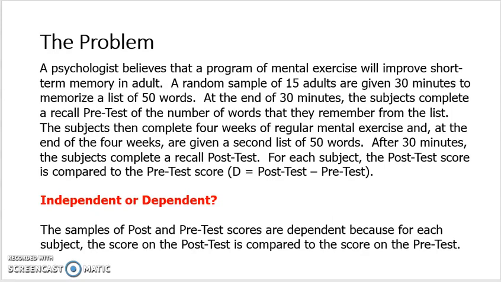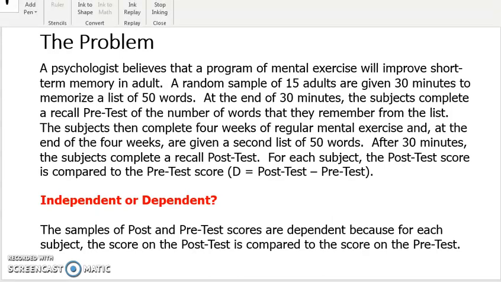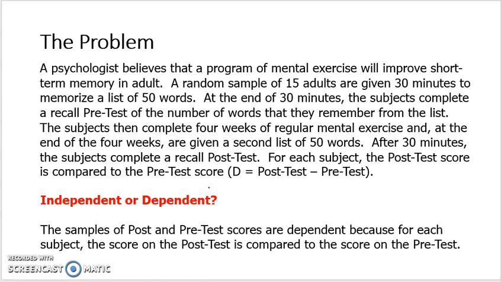The first question you need to ask yourself is, what type of samples are these? We've got a set of post-test scores, a set of pre-test scores, 15 of each. Okay, what are these samples? These are dependent samples. And why are they dependent? Let me get my pen going. It's given to you in the very last sentence. It says for each subject, the post-test score is compared to the pre-test score. So if you think samples are dependent, tell me what's being compared. These are dependent samples because for each subject, the score on the post-test is compared to the score on the